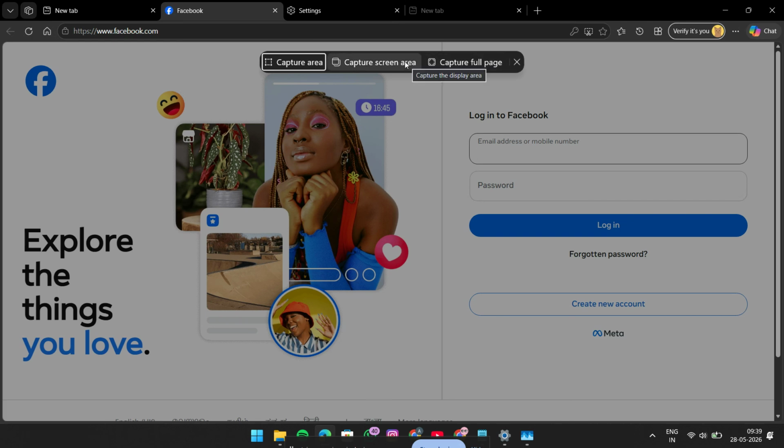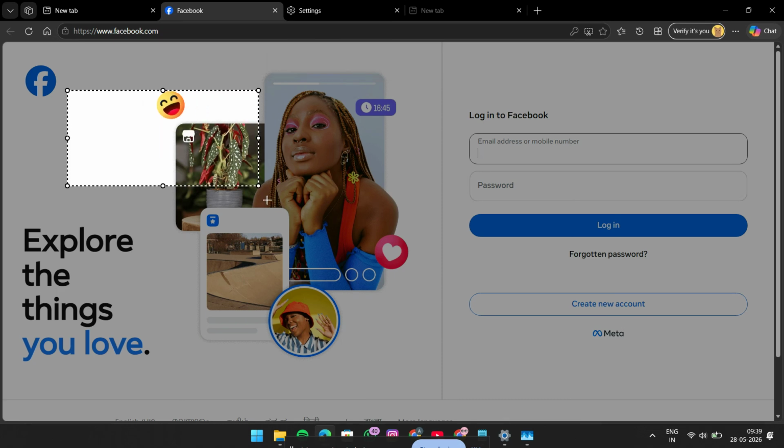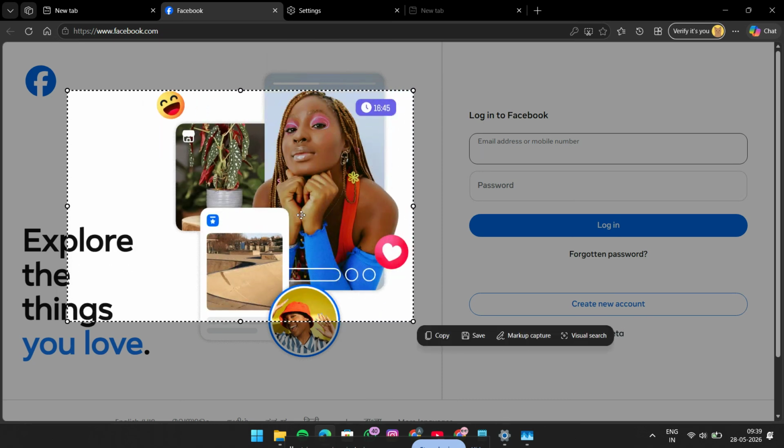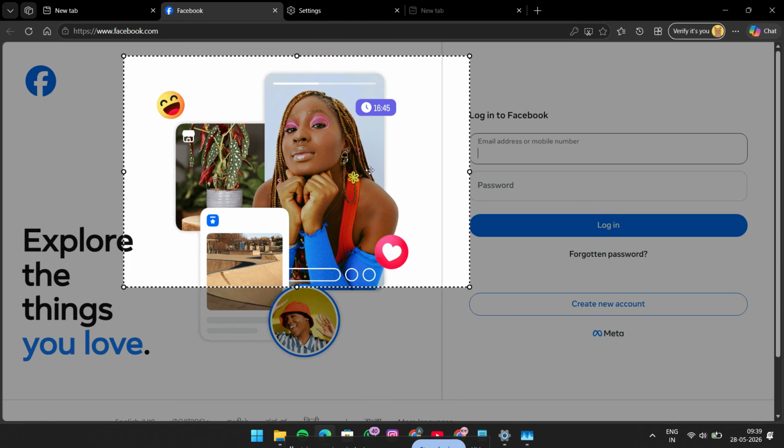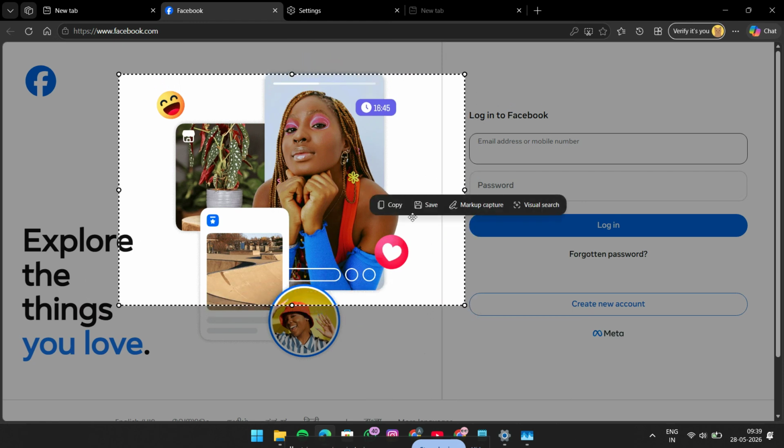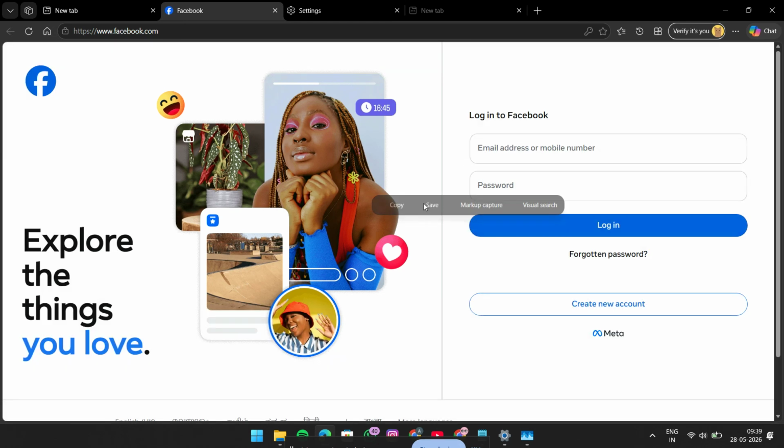If you only need a section of the page, choose Capture Area. This lets you click and drag your mouse over the exact part of the screen you want to save. Just hold and drag to highlight the area, and Edge will capture only that selected portion. This is perfect when you want just a paragraph, a chart, an image, or a small section of a web